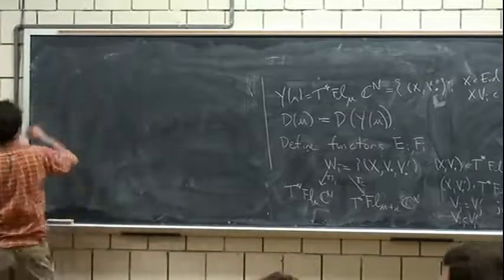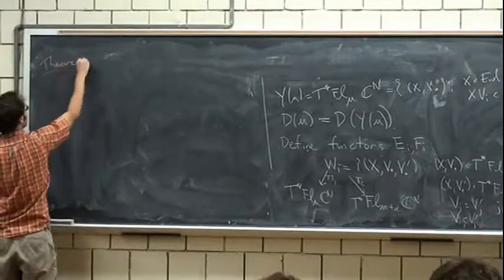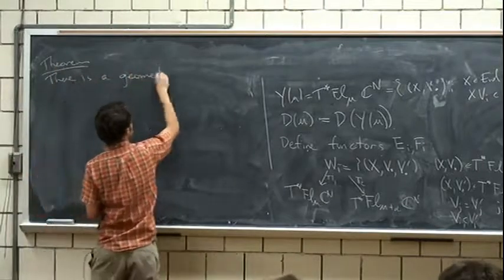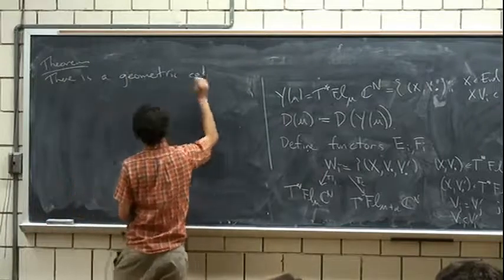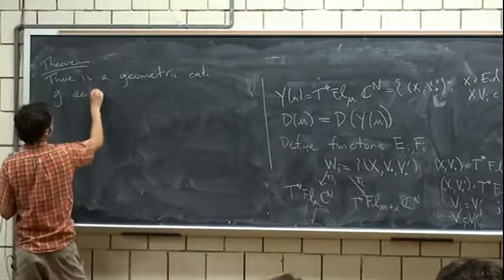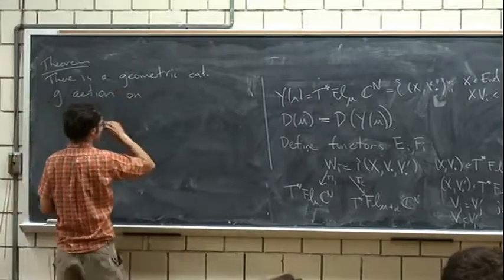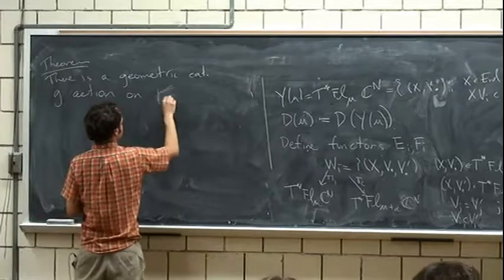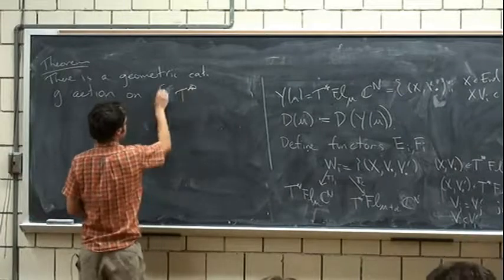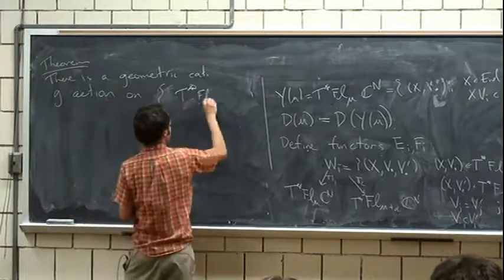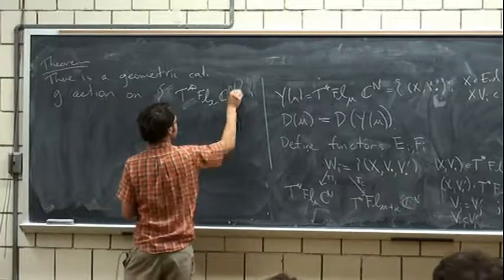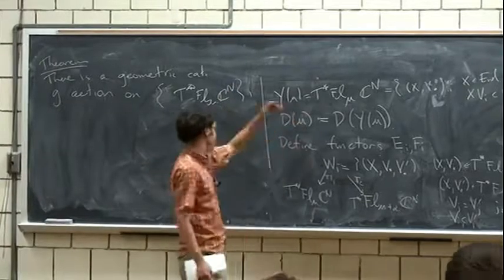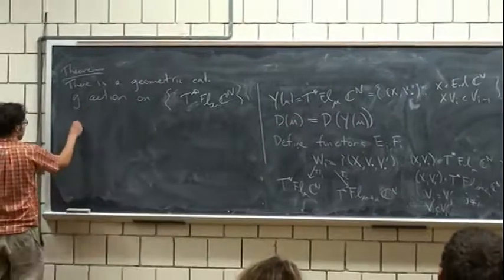So the theorem is that there is a geometric categorical G-action on this union from the collection of all cotangent bundles of these varieties. So I've told you most of the data. I've already told you the functors and I told you the varieties. So the only last piece of the data is to tell you what the deformations are,